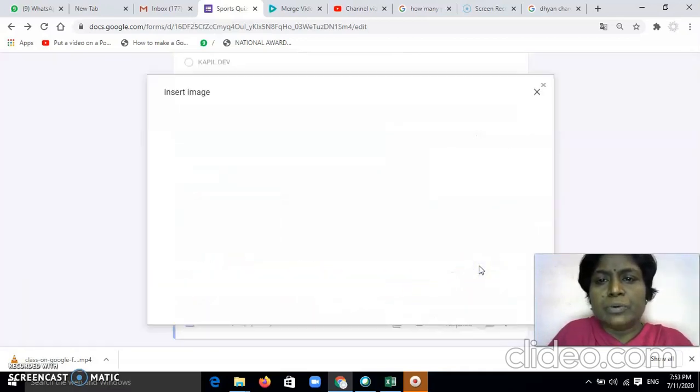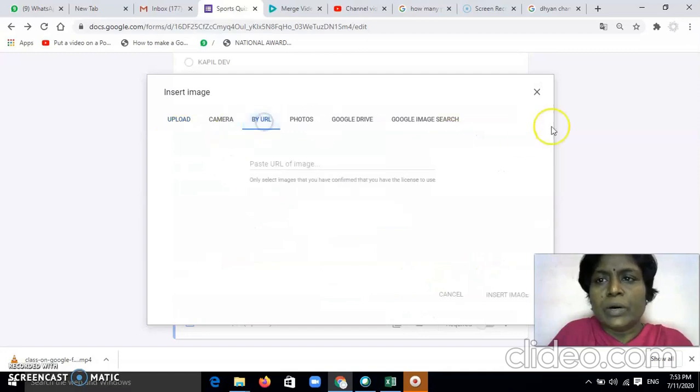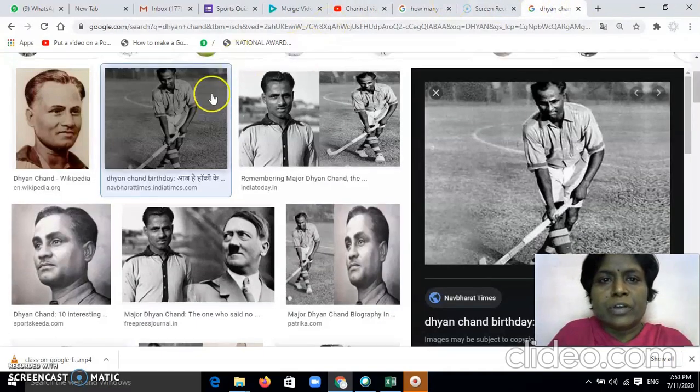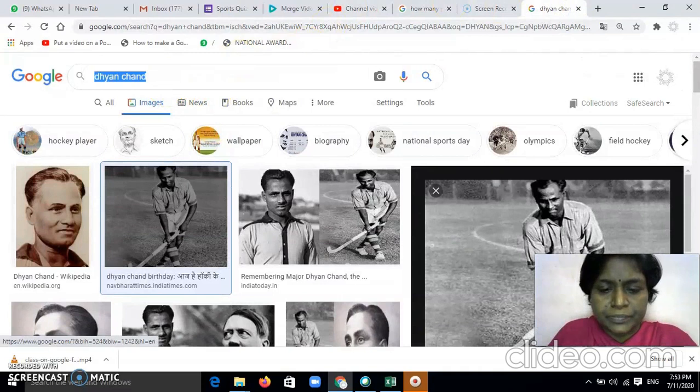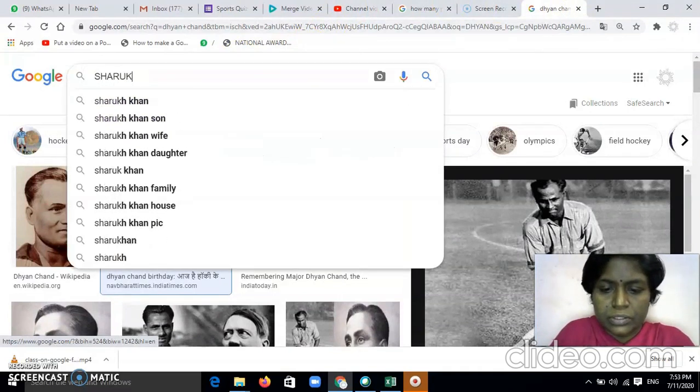Then again I want to insert an image by URL, for example Shah Rukh Khan.